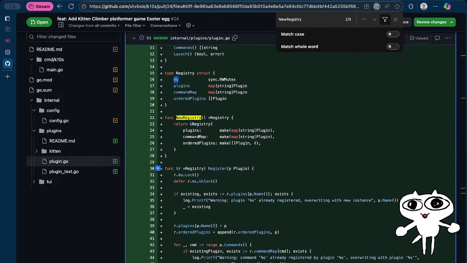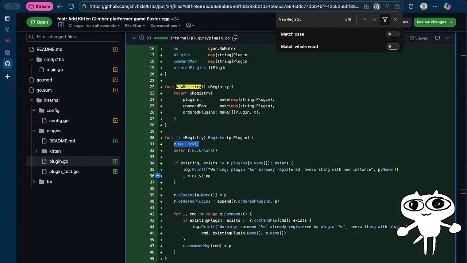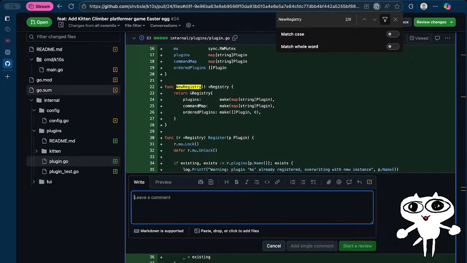So this is my registry. You do register. You do r.lock. It's already registered. Overwriting with a new instance. Interesting. So you're just warning. Okay, hold on. I'm curious because